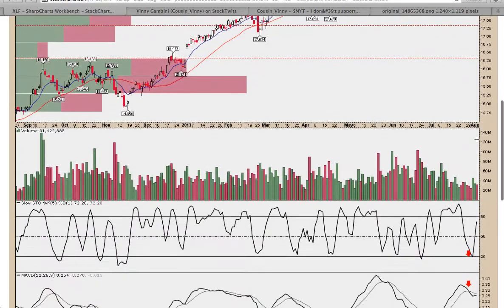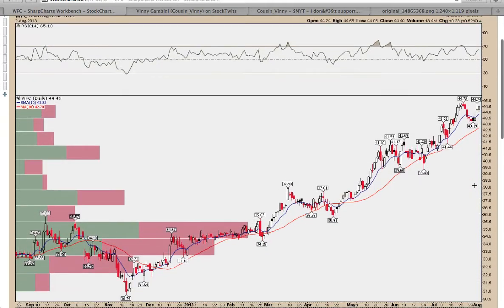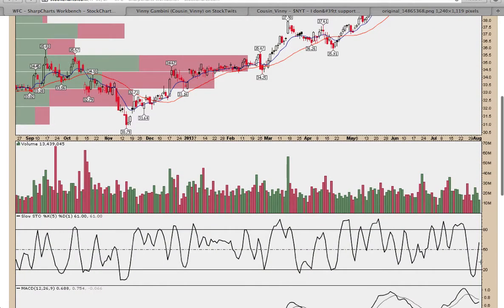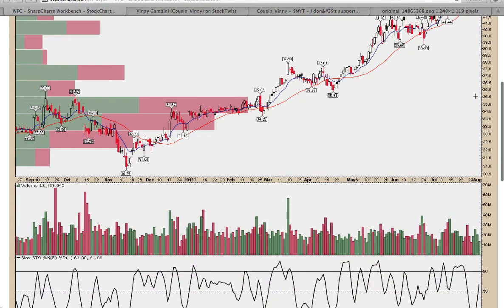I'm trading Wells Fargo. Let's take a look at that real quick. And we had a nice flag here on the news on Wednesday, Thursday. We did get into an options trade, so we don't have any comment on this particular one, but we had nice volume. And stochastic supports a continued move higher, and MACD is now turning back up. Watch for a crossover signal on Wells Fargo. If we break above these highs, that might be an area to add